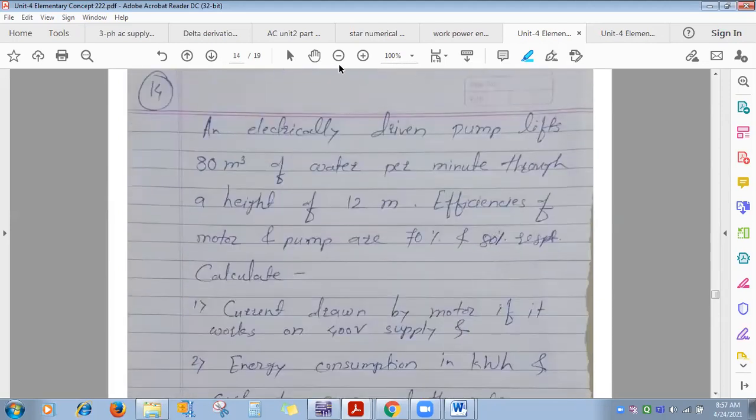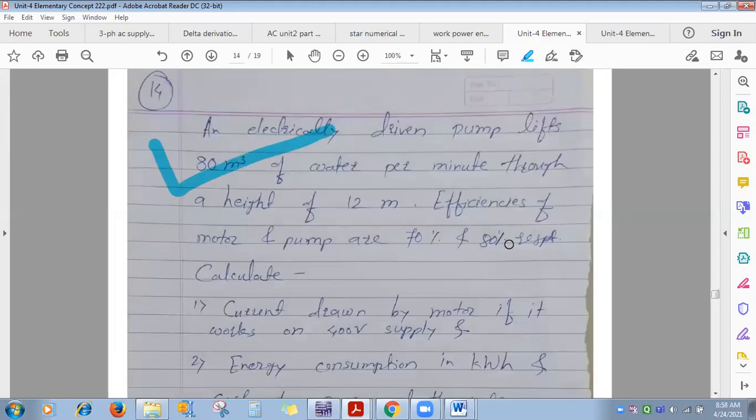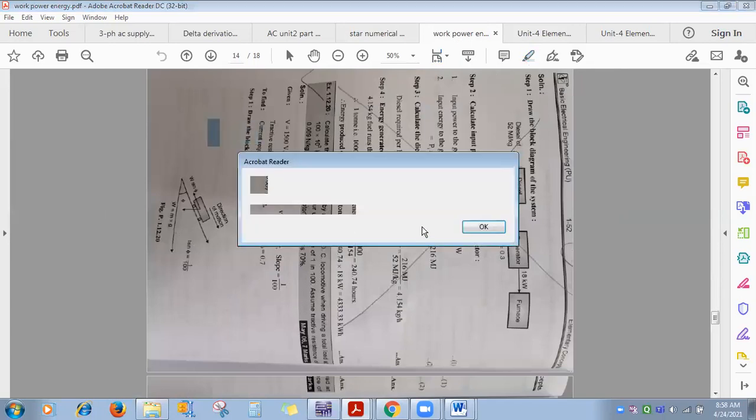This one is important. See, I am telling everyone, a numerical on the motor pump will definitely come. Motor pump assembly. Then the second one is this one. This one everyone do. This material I already forwarded to all of you. See, can everyone see this? Which numerical is it? 1.22.20. See, this is a road with some slope, and on it one vehicle is moving. Okay. This one numerical everyone please do. Okay. And another one is lift. You will get a lift numerical. Here also it is there. Lift.